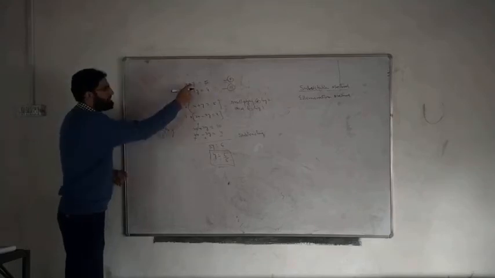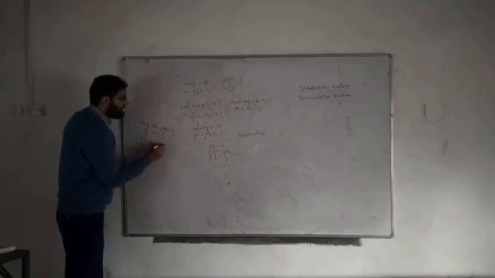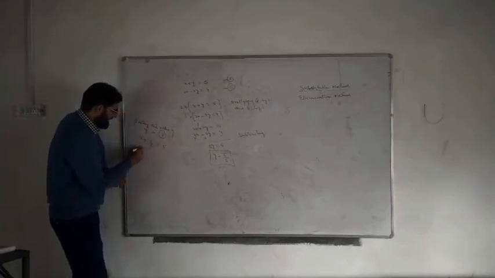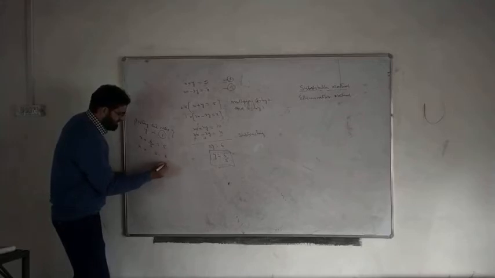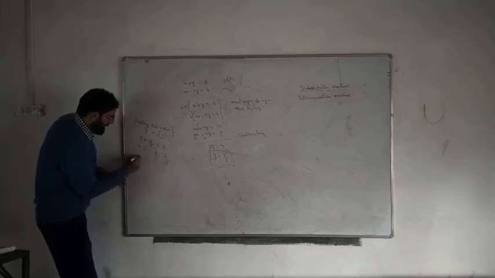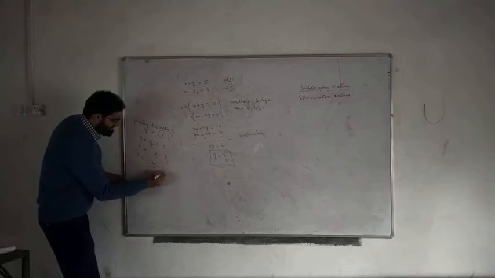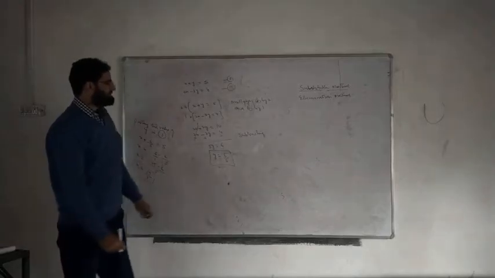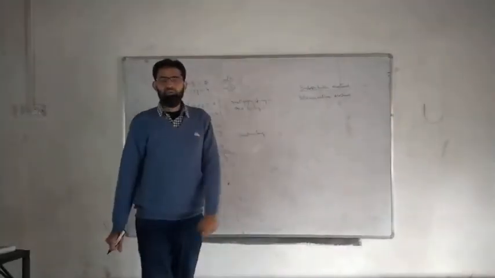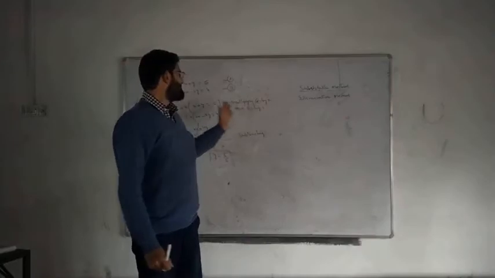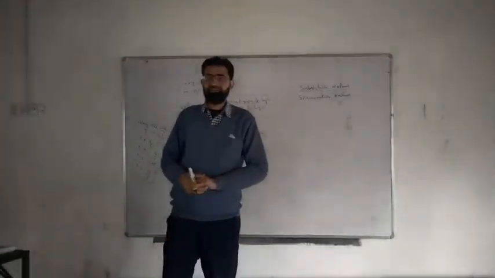This is x plus y, instead of y we shall write here 6 divided by 5 is equal to 5, so we can write here x is equal to 5 minus 6 by 5. 6 by 5 will be shifted to this side, it will become minus, so x is equal to 25 minus 6 divided by 5, so x is equal to 19 divided by 5. This is the answer. So this is how we can solve the system of equations by applying this elimination method.